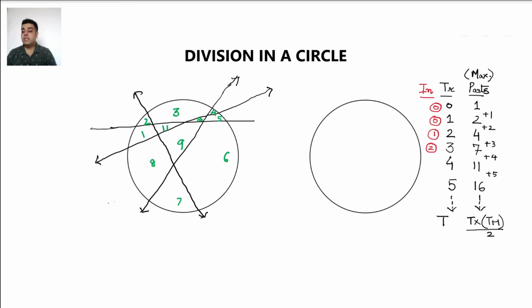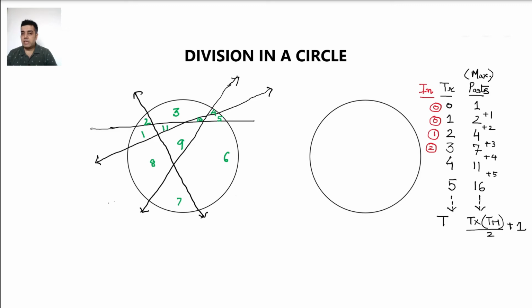And because we are referring T as a natural number, we are not referring T as a whole number. Right, if we are referring T as a whole number, in that case we will make it as T plus 1 into T plus 2. Okay, so now 1 into 2 divided by 2 gives me how much? 1. But here we were getting the answer as 2, so we need to add another 1 to this.